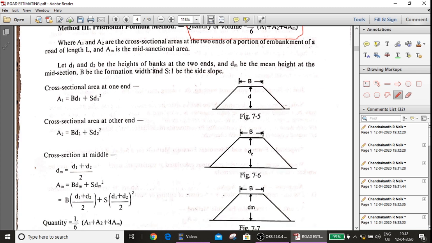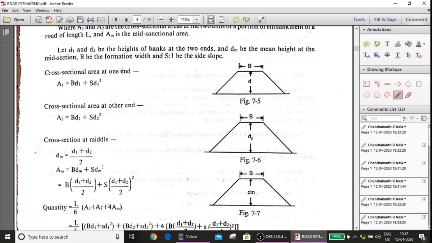Mid-sectional area, it should be fine. Let D1 and D2 be the height of the bank at the two ends. I have shown you the figure, no? Same figure. Just keep that figure in your mind. Now DM be the mean height at the midsection, B the formation width,